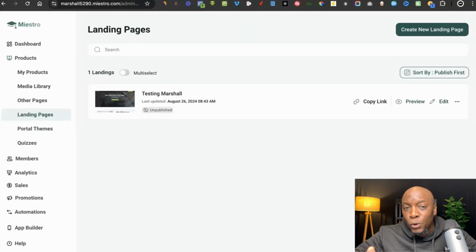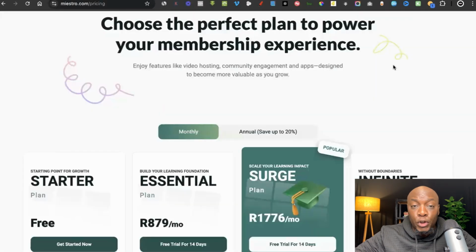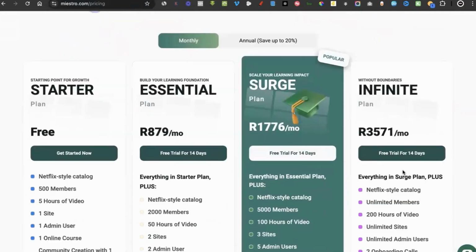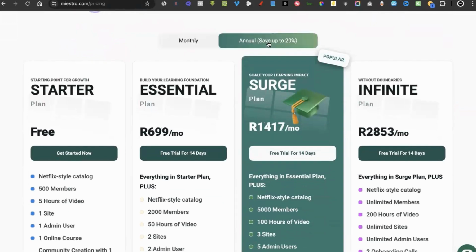Now, you might also have noticed that on some of the features, it kept on saying that you need to choose a plan in order for you to access the features. So let me quickly show you some of the pricing plans that are available. On the main website, if you go to the pricing section, you see that there are two types of pricing plans. There's the monthly pricing, and then there's going to be the annual pricing. Now, if you choose to go for the annual pricing, you're going to be saving 20% of the total of whichever pricing plan you choose.